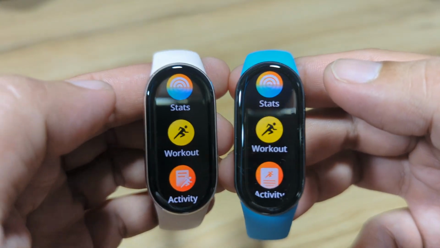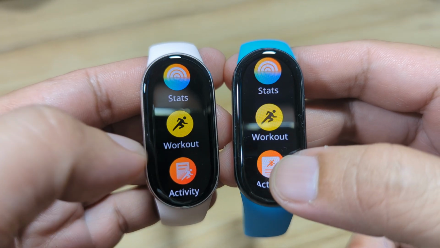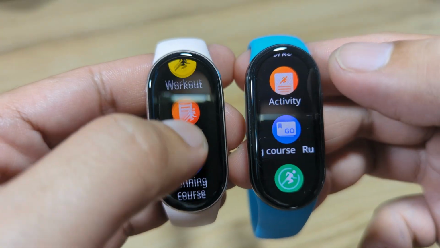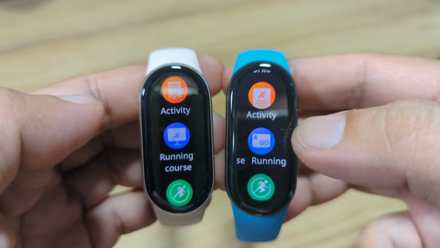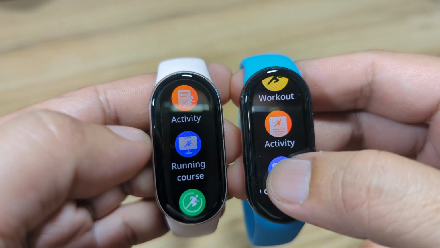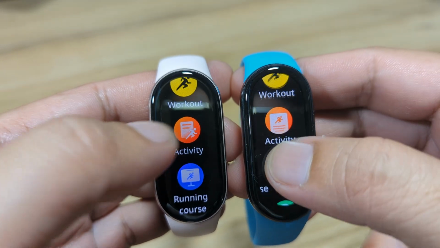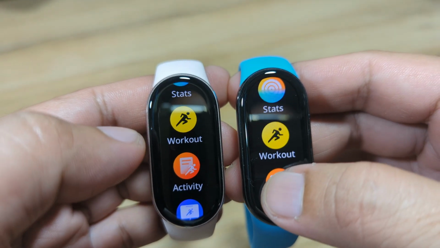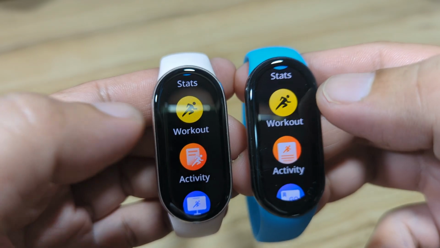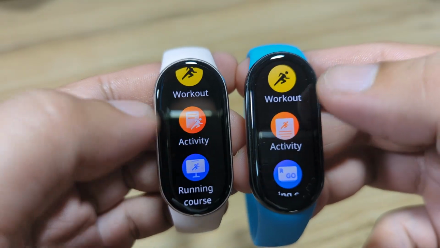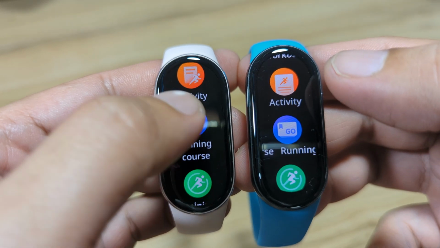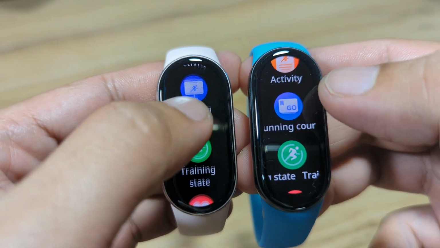So we have here automatic activity tracking, we have workout, we have running course, the same style, the same layout here. Okay, there's some difference when it comes to other icons. We have the same stats icon, workout is the same. There's a difference when it comes to the icon for activity as well as the running course.